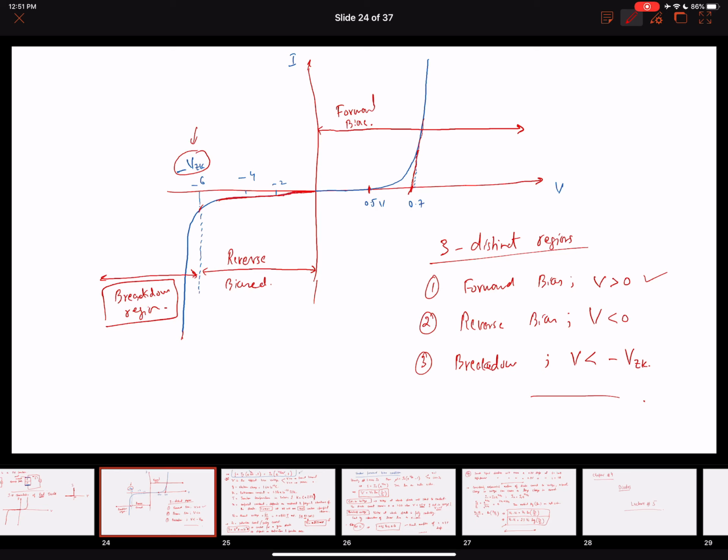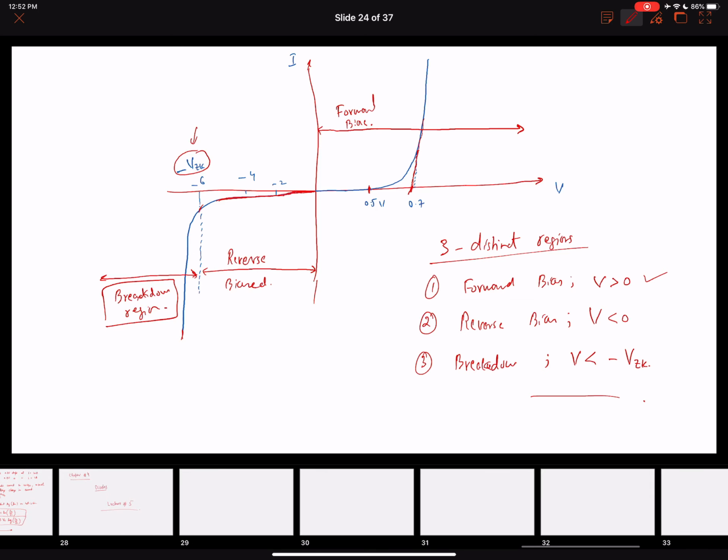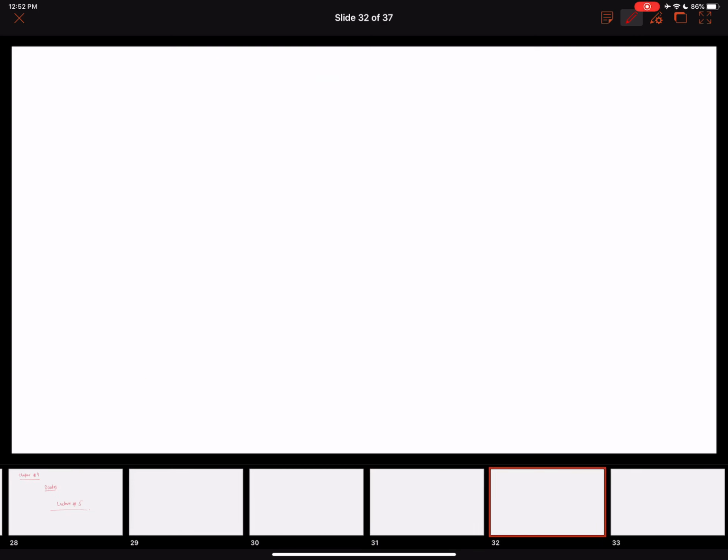And we have a huge amount of current that flows, and we are going to exploit this condition to build voltage regulators. We're going to discuss that. An important thing in the breakdown region is that although a huge amount of current flows through the diode, this does not mean that the diode will be broken down or ruined, unless we fail to limit this current. If we use external circuitry, simple resistors, to limit this current, then we can potentially use the diode. We will also see in the next lectures how we can exploit this condition to build certain circuits or in certain applications. So very quickly, in the breakdown region,